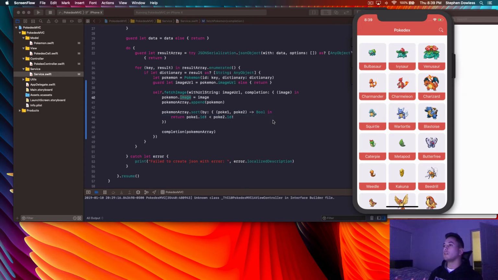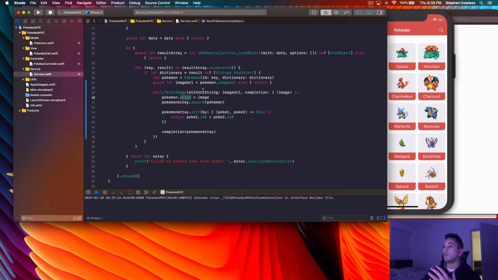So that's looking really good, guys. We have successfully populated each one of our cells with a custom Pokemon object. And we also reached out to the internet, downloaded the images for each one of our Pokemon using that image URL property, and then set that image for each one of our custom Pokemon objects.